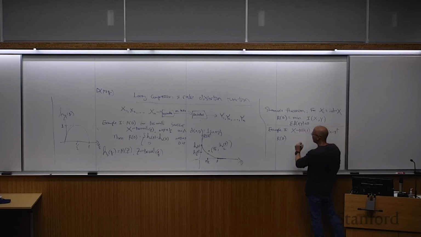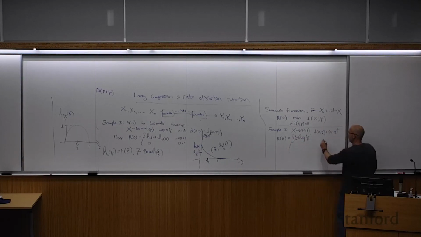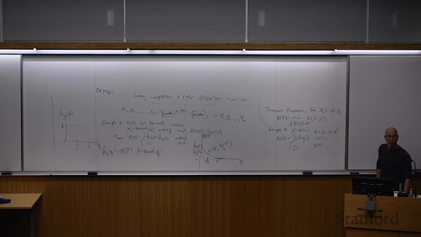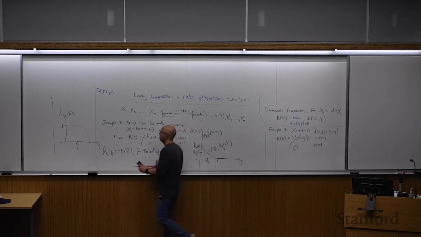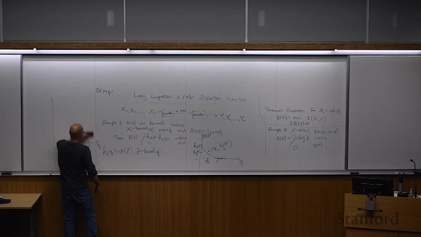And so you bring these properties together and you solve this, and you get that it's equal to 1/2 log of 1 over D, where it matters for the interesting range of D no more than 1, and then 0 beyond that. Okay, so let's see that this makes sense, let's look at what it looks like.